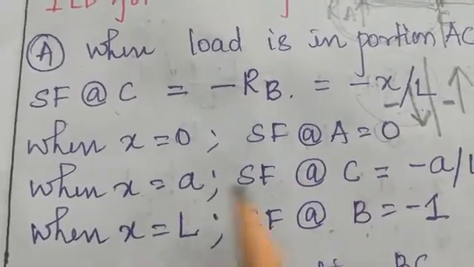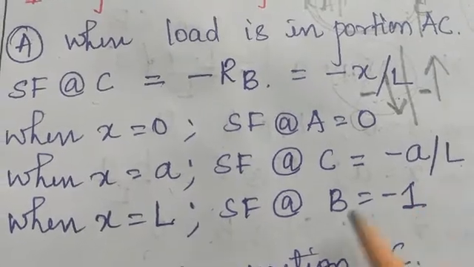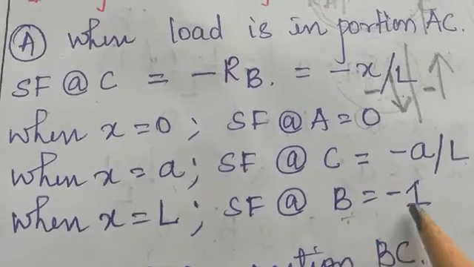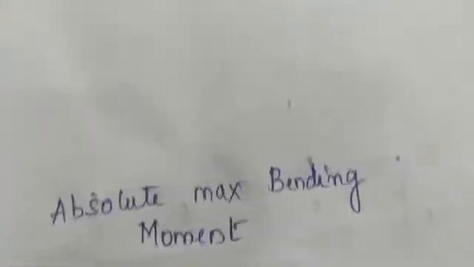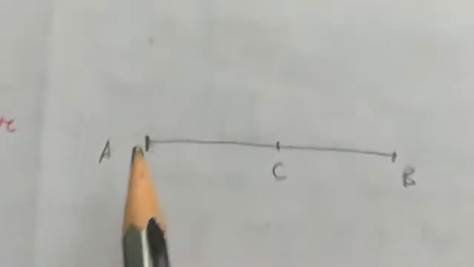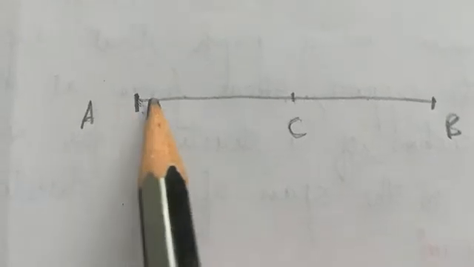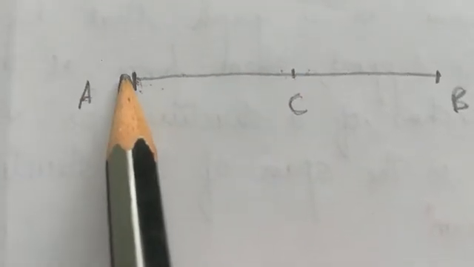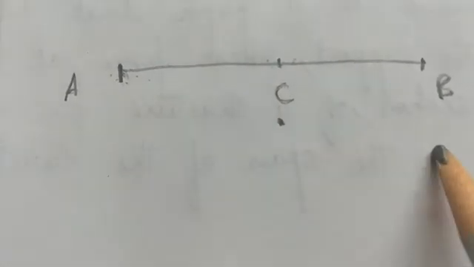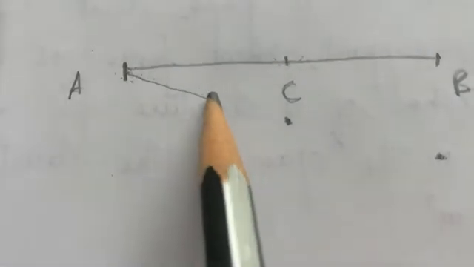When X is equal to A, you had minus A divided by L. And when X was equal to L, you had minus 1. That is, I am speaking about the AC section. It was 0, then it was minus A divided by L, and here you had minus 1. So this was the